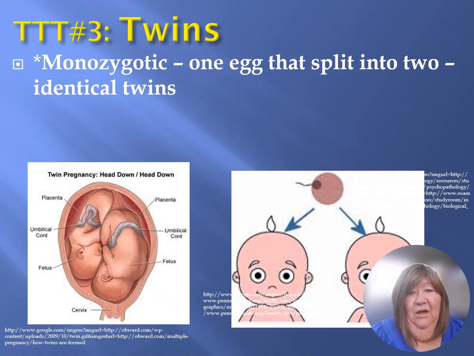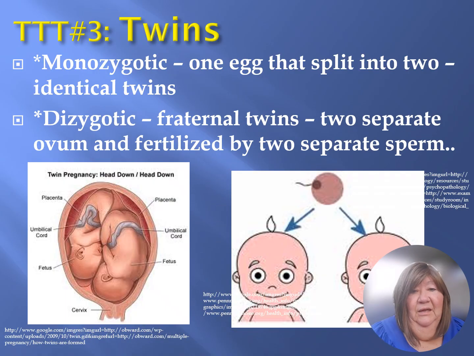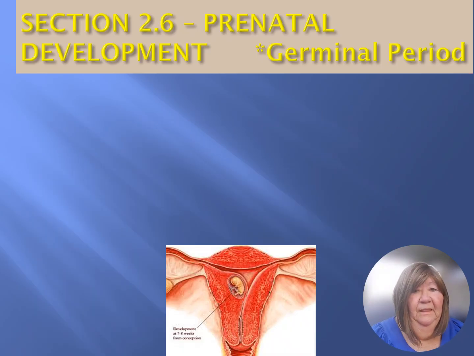Monozygotic twins are one egg that is fertilized and it splits into two identical parts. And it's really hard to tell until the kids are a little bit older if they're really identical or not. Fraternal twins are called dizygotic because they are two separate eggs that were fertilized by two separate sperm. So they have as much genetic likeness as other siblings. They just happen to share the same womb and come out at the same time. Okay? So none of that was on your test, but this part probably will be.